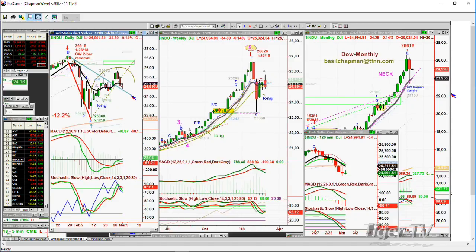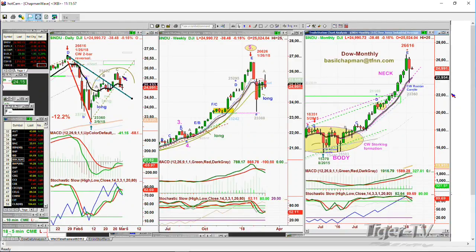You see this line right here. On the left side chart is my daily chart of the Dow. In the middle is the weekly, and on the right is the monthly, and here's the 120-minute chart. What I wanted to show you is that within the context,